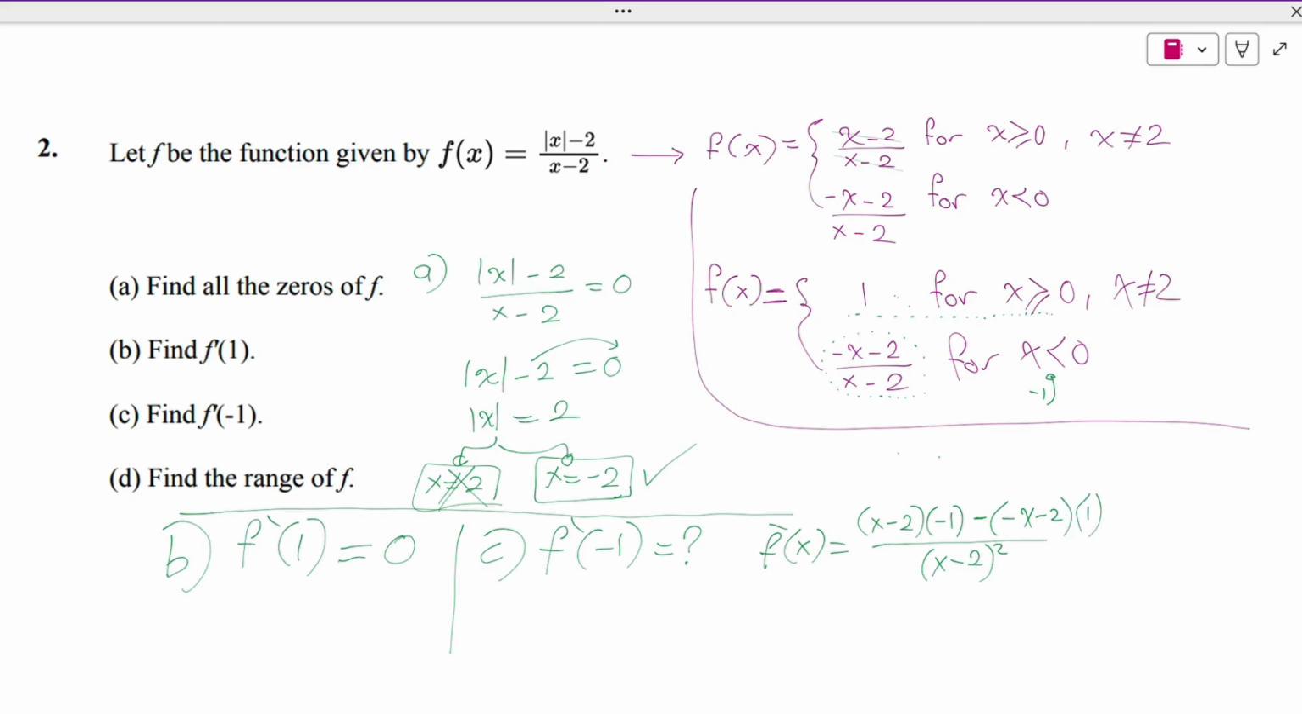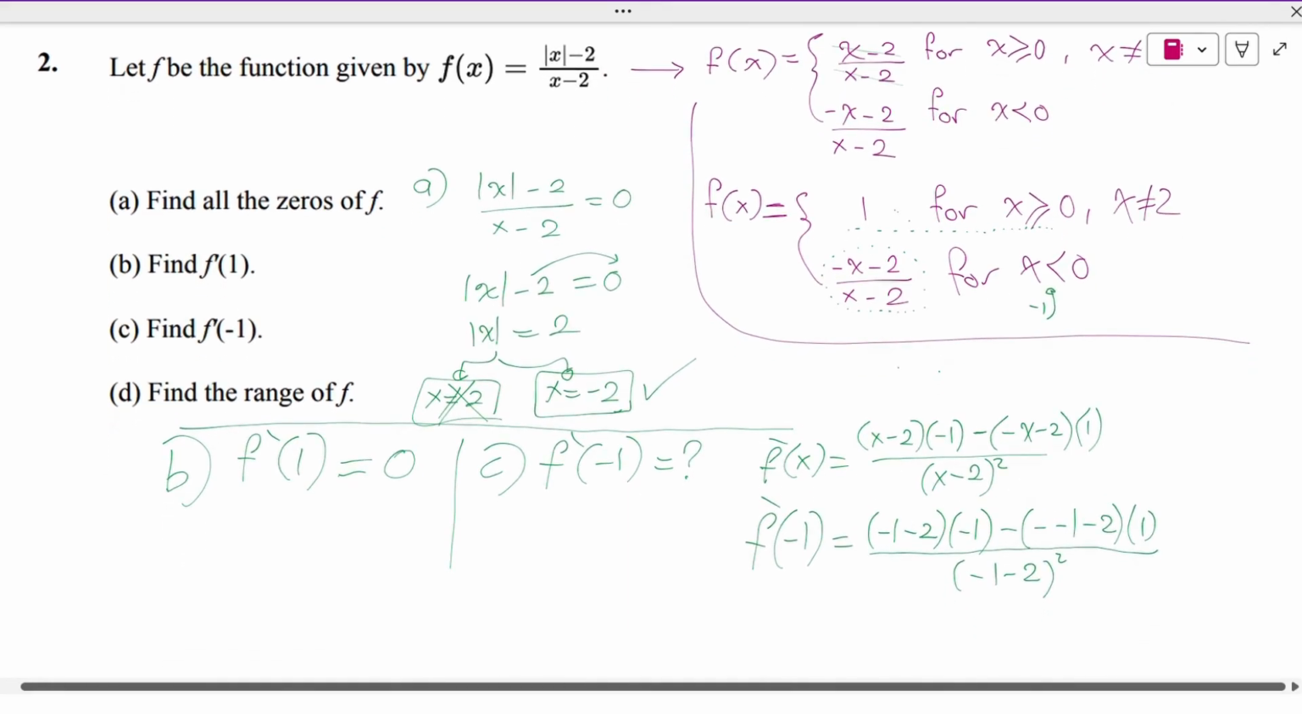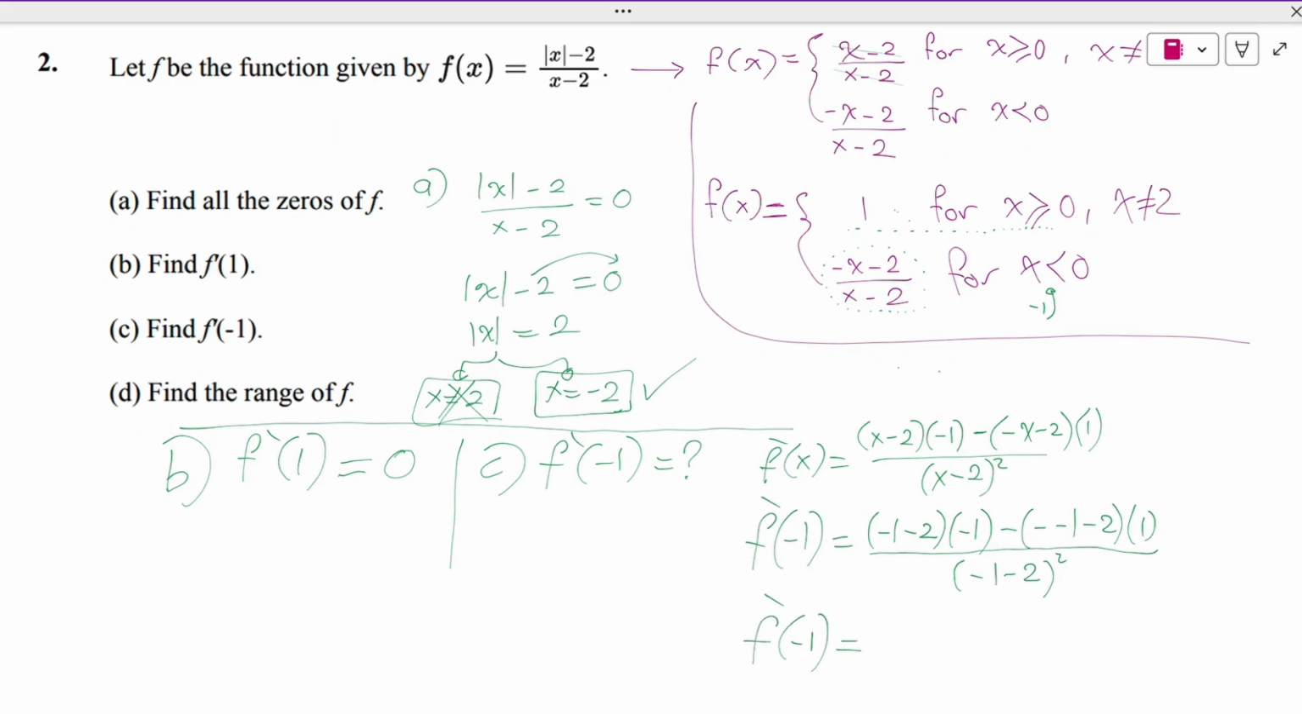And we need to find what? Without simplifying it. Don't simplify, you just need to find a number at the end. So f prime of negative 1 is negative 1 minus 2 times minus 1 minus negative 1 minus 2 times 1, over negative 1 minus 2 squared. If you type this in your calculator, f prime of negative 1 will be 4 over